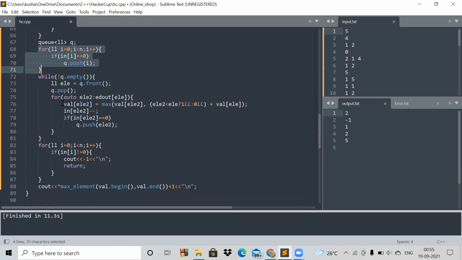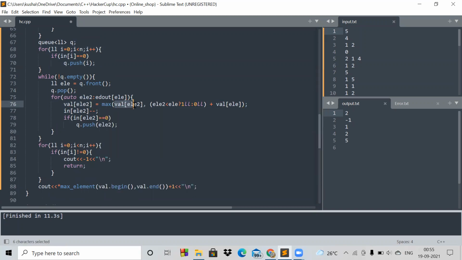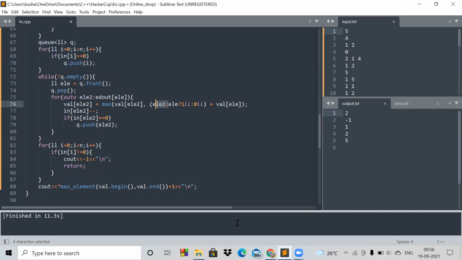Then whatever the value we have for that node, we will take the maximum with the current node and we will add 1 or 0. We will add 1 if the node to which we are going has a number lesser than the current node. So let's see this from this graph, suppose we are going to node 4 from 5. So the number 4 is less than 5, so we have to increase one iteration. If we can read book number 5 in one iteration, it takes 2 iterations to read these two books, because this has a lesser number.